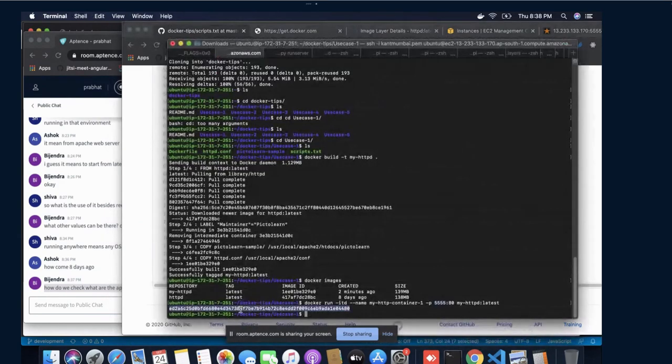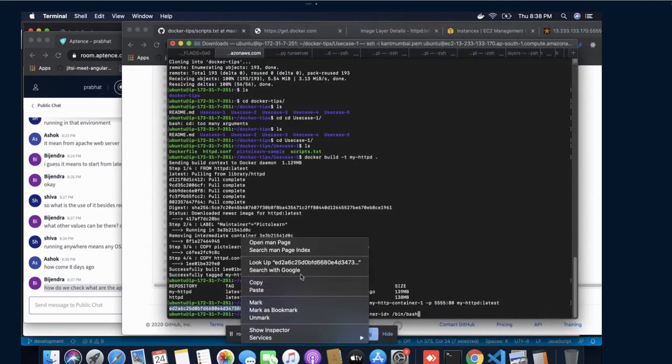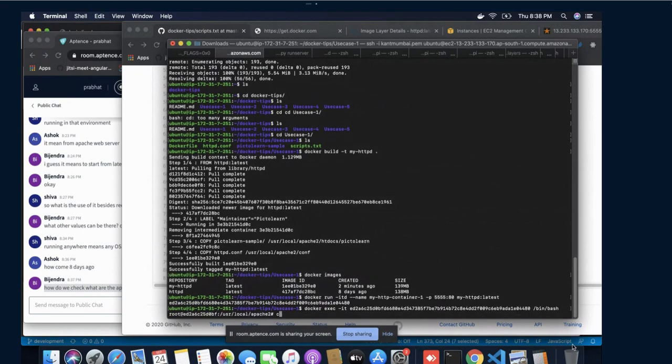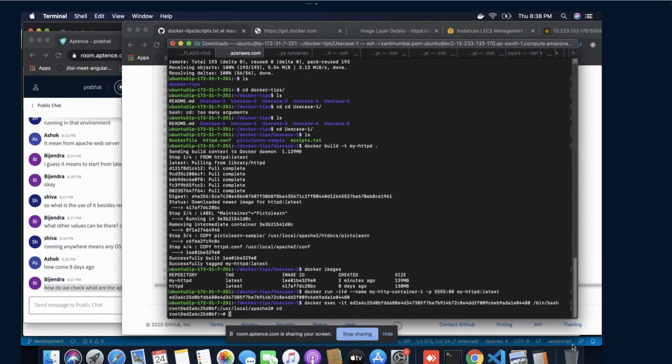This Docker image has been created. Now if I need to go inside this Docker container, simply copy this ID and paste it here. See, now I am inside this container. You can easily find what software is available inside this Docker container.